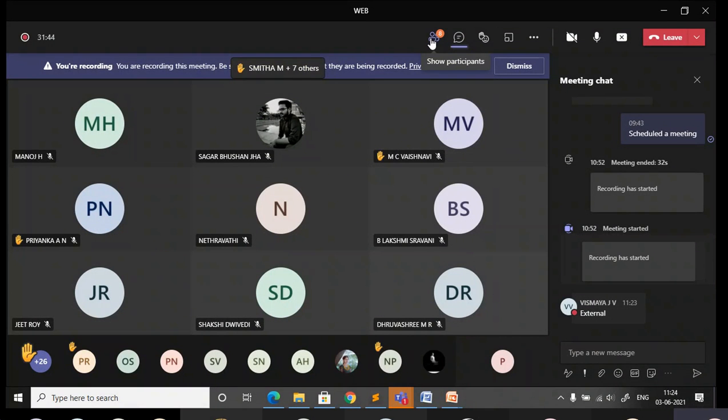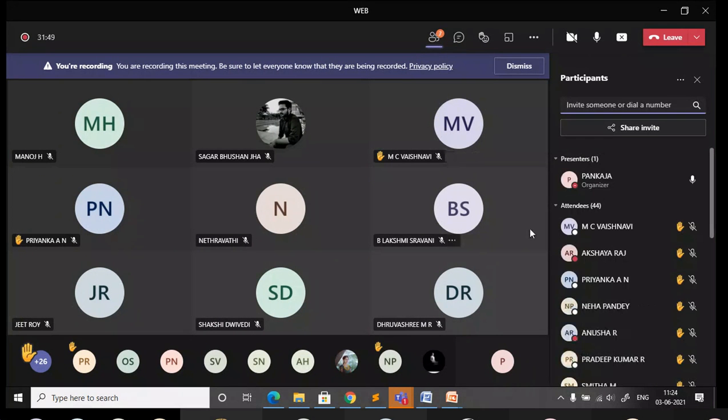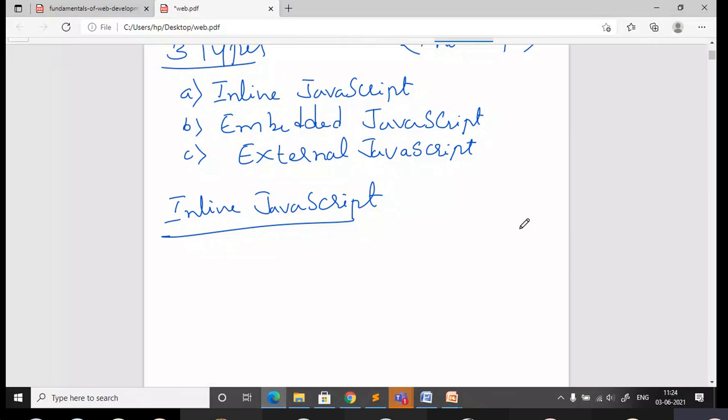What may be the reason why we need to go for external? Why not inline or embedded? When you are answering, you should have a justification for why we should not use the other two methods. Let me give you some time to think about that. Commonly used is external. The answer is correct.